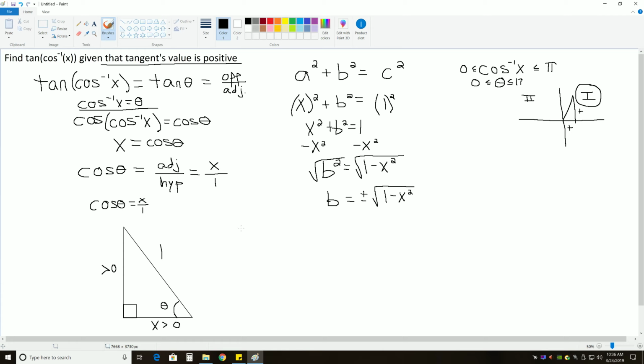And since this unknown side value is either plus or minus the square root of 1 minus x squared, then we can immediately choose that it is the positive answer because we proved that we are in the first quadrant where our y value is positive. So we get the positive square root of 1 minus x squared, which leaves us with tangent of theta,